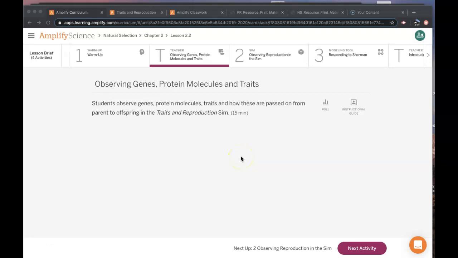This is Natural Selection Lesson 2.2. You should have just completed the warm-up for this lesson. If you have not done the warm-up yet, please go back and do it, or you might be a little